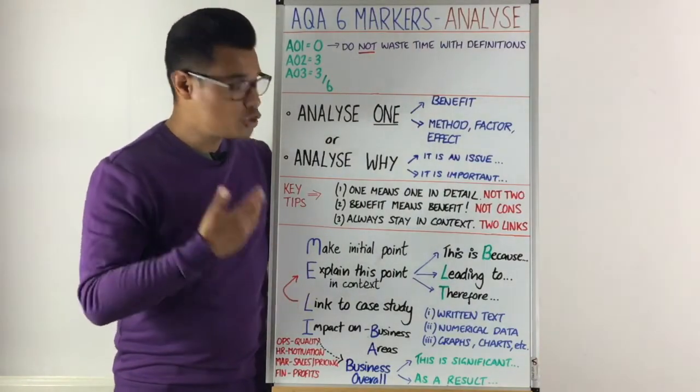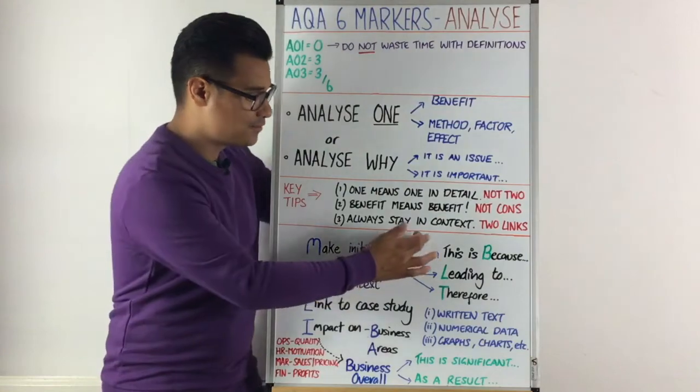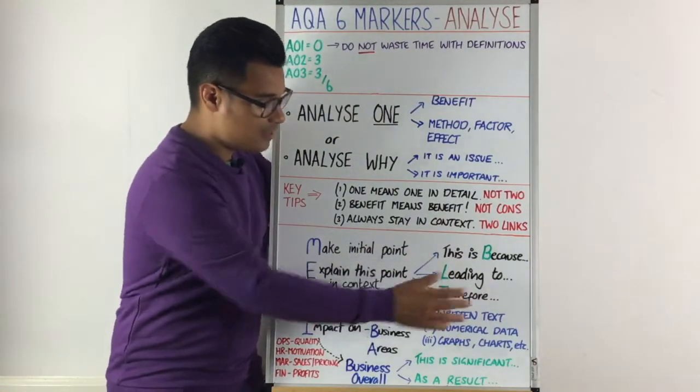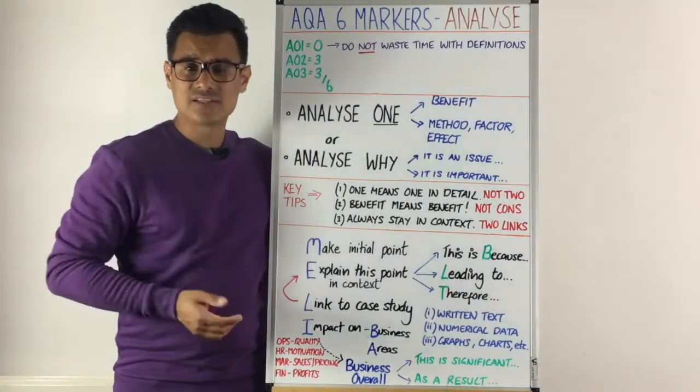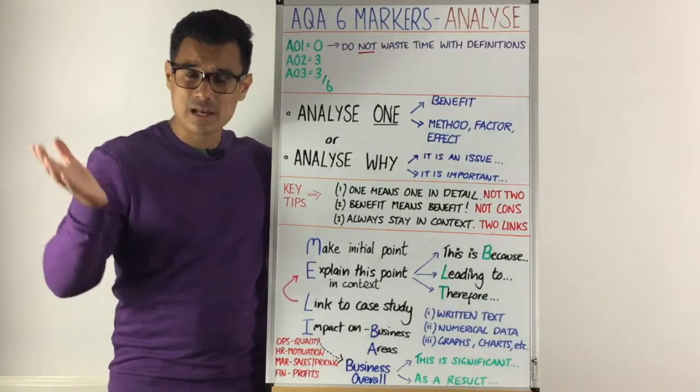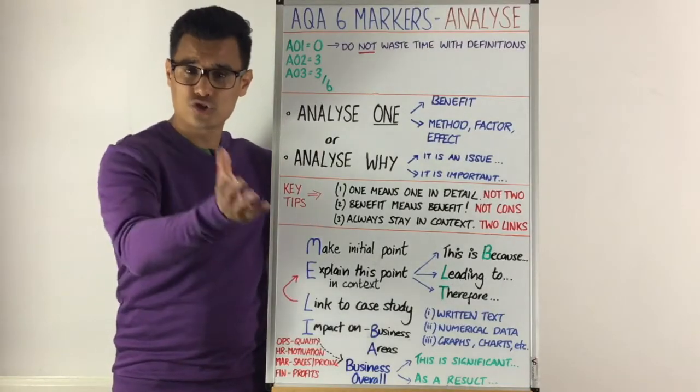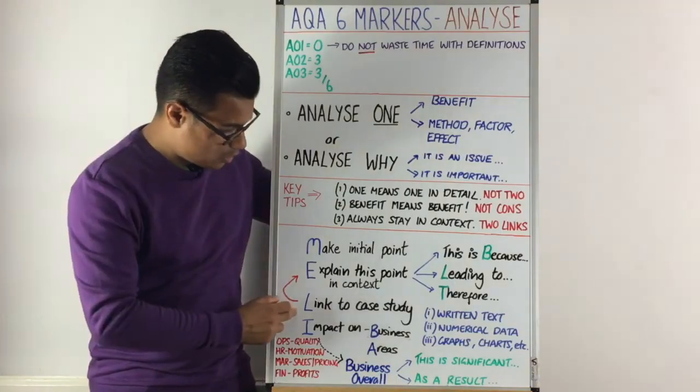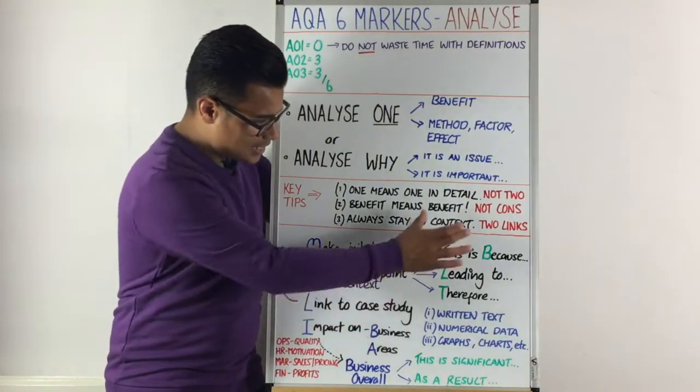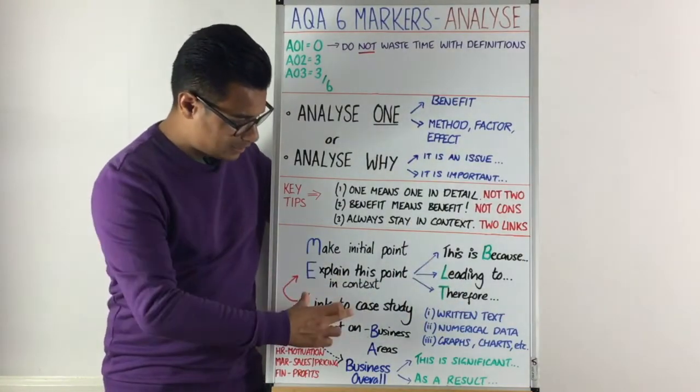To help you do this, you could use a BLT method. This is because, leading to, therefore. By making chains of analysis using those starting words, it will allow you to extract all those strands to get to that top level. While you're doing this and you're explaining in depth, you will want to link to the